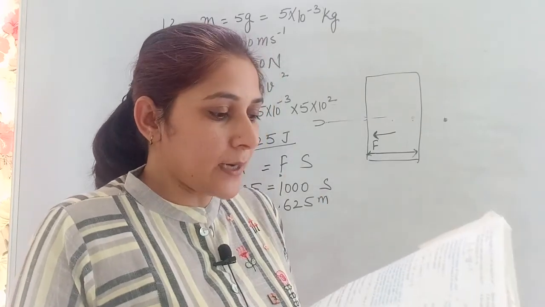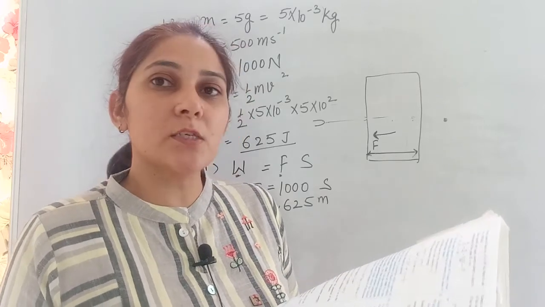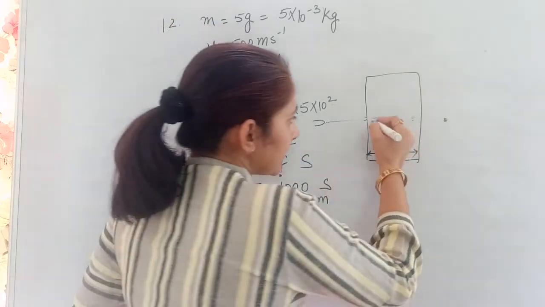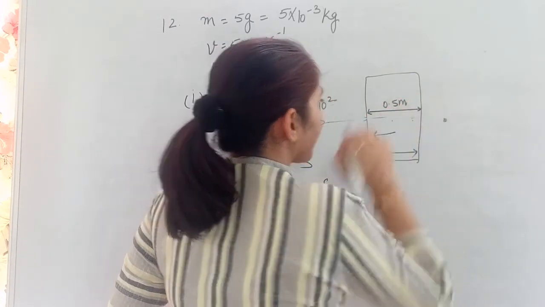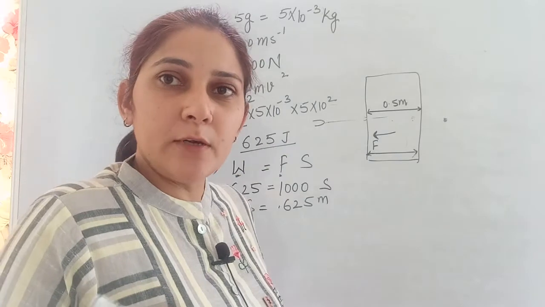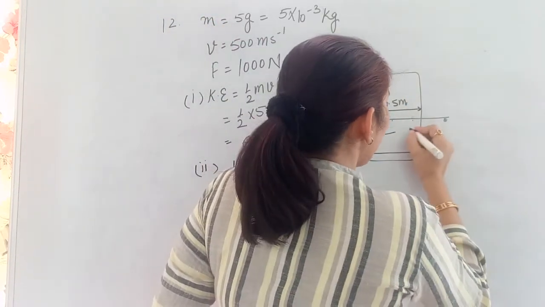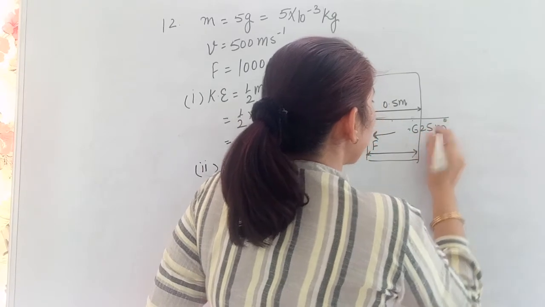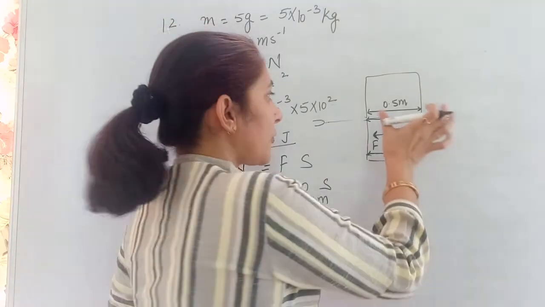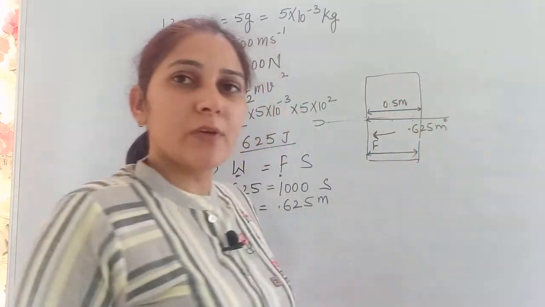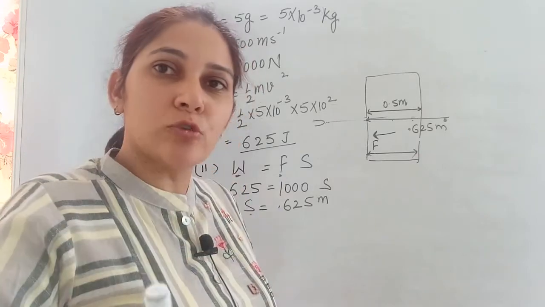Now what is the next part? The speed with which the bullet emerges out of the target, if target is of thickness 0.5 meter. They are saying the thickness of this target, that is 0.5 meter. What will be the energy of the bullet when it comes out of the target? The total distance traveled by the bullet, that is 0.625 meter. That is more than this, means it comes out of the target. ये तो पता चल ही रहा है. उसका thickness 0.5 है, ये 0.625 move किया, मतलब वो उससे बाहर निकली है. What is the energy when it comes out of the target?